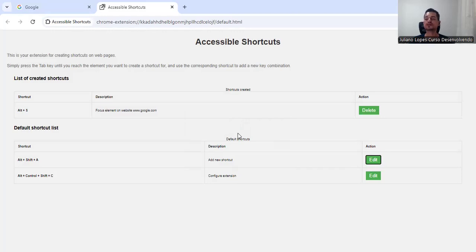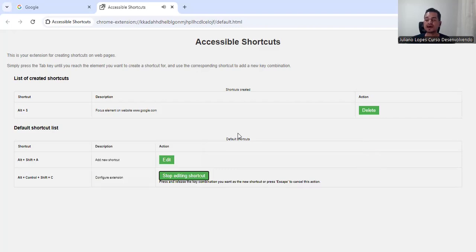Just be careful to not use a shortcut that your system uses, okay? For example, Ctrl plus W, that is to close the tab on your browser. Another one, Alt plus Ctrl plus Shift plus C, opens this settings page. You can also change it. Description column 2, config, action column 3, button edit. Press and release the key combination. And now I can choose here, for example, Alt plus Shift plus S